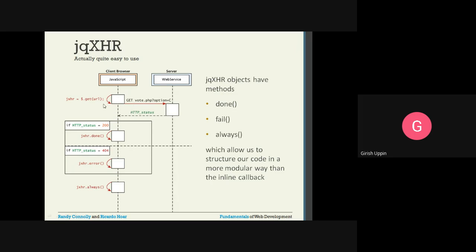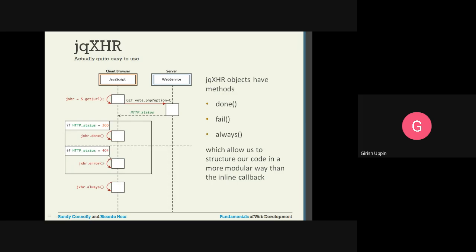Client browser, you can see here, and there is a get request o.php option C. It is going to the server. Once the server processes it, we get a response, and based on the HTTP status, we can take different actions. If the status is successful, then jqXHR.done, so you can have a block of code where you include all the code that you want to execute when the request is successful.